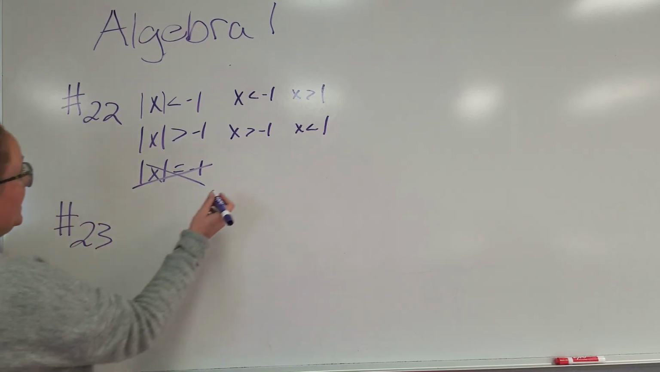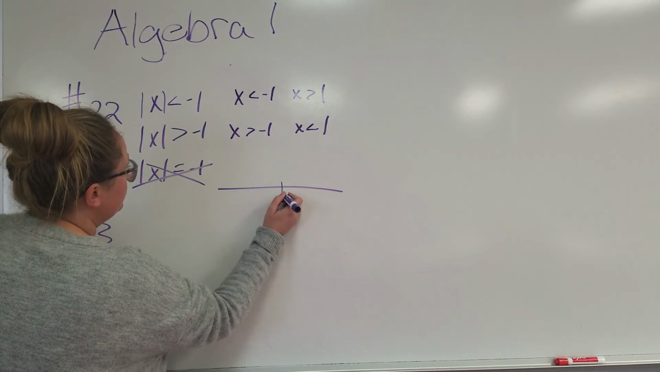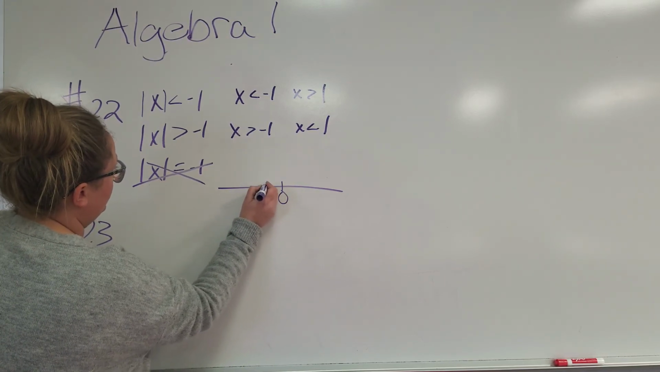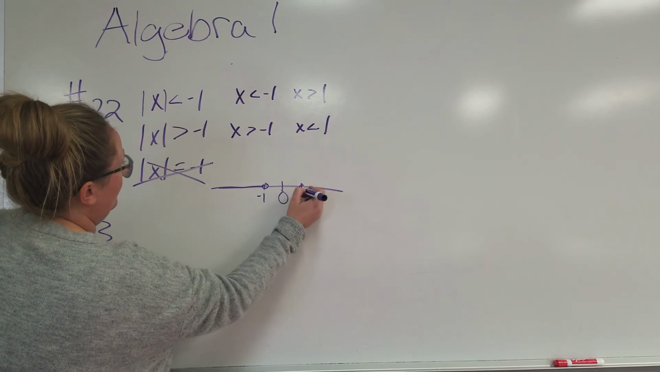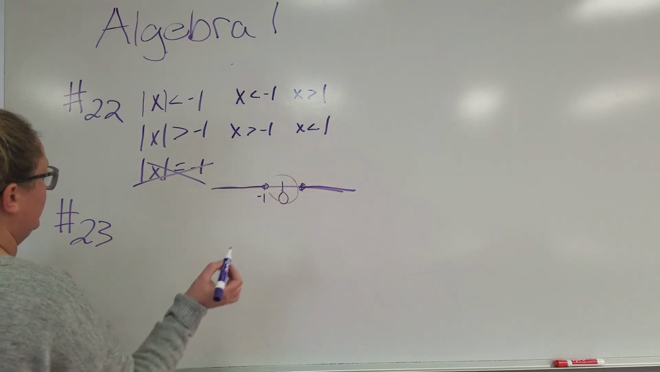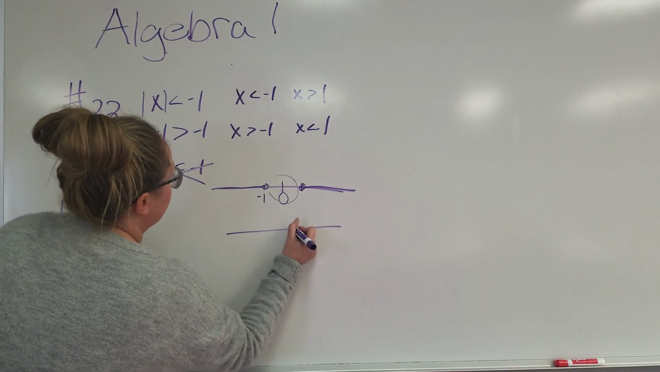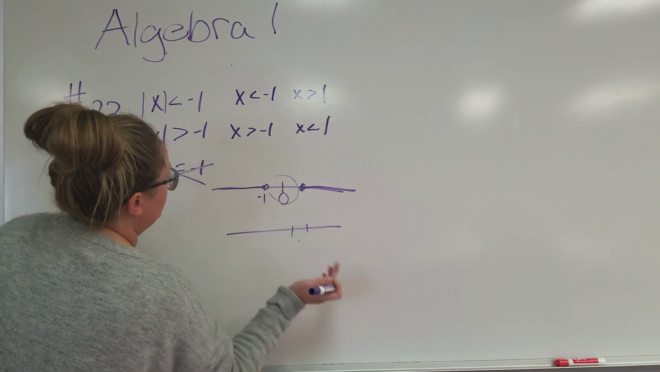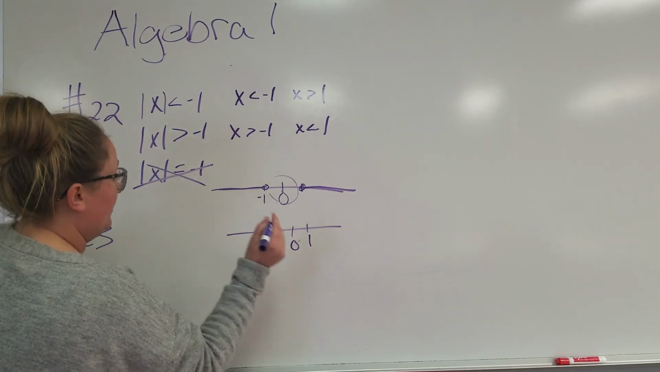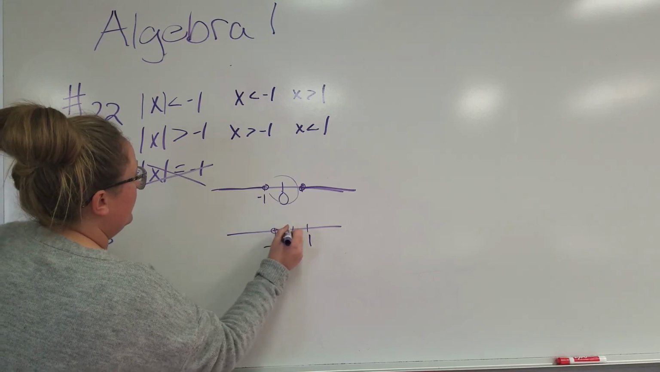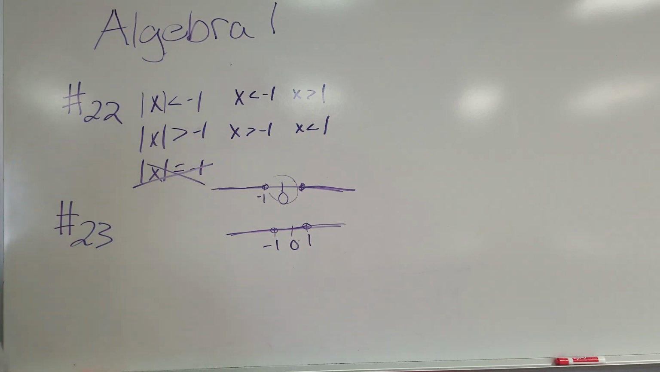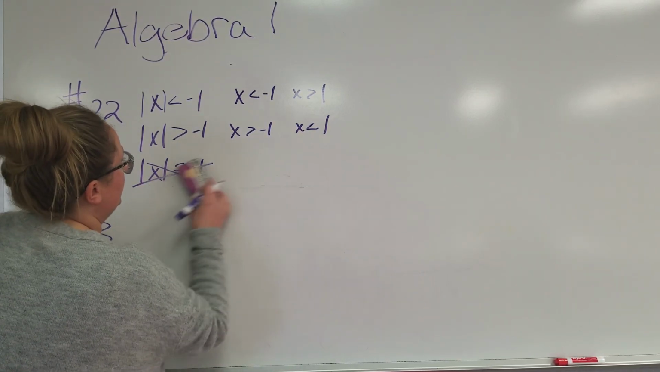So the top one, x is less than negative 1, is 0. Here's negative 1. It's a less than, so it's going to be an open circle and shaded that way. And greater than 1. So it doesn't shade the whole graph because it's missing this part in the middle. But the one beneath it says x is greater than negative 1, so open circle here shaded that way, and less than 1. So this one covers the whole graph, so that's all real numbers. Number 23,